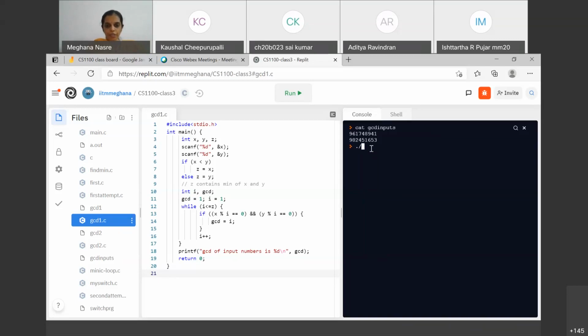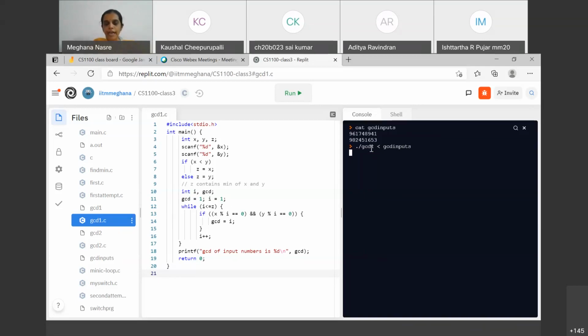I want to show you the behavior of GCD1 on these two inputs. Instead of typing out these two inputs explicitly, what I'm going to do is redirect the input. This is something you don't have to worry about. It is as good as saying that I would have written down these inputs, and you see that the program is taking its own time.